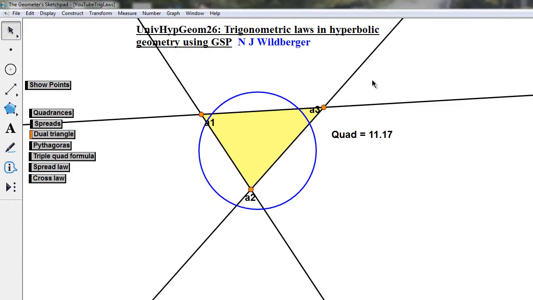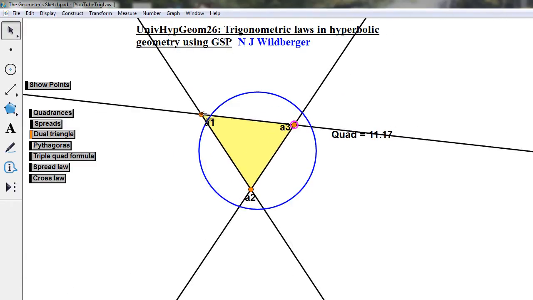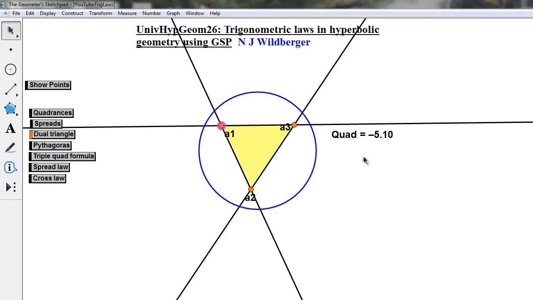Okay, so let's now find all 3 quadrances, and I've already done that, so we can get rid of this one, or rather first I'll show you the 3 quadrances. There they are right there. So the one that we've just found is encoded here. This is to 4 decimal places. That's Q3 because it's the quadrance between A1 and A2. We also have Q1, which is the quadrance between A2 and A3, and the quadrance Q2, the quadrance between A1 and A3.